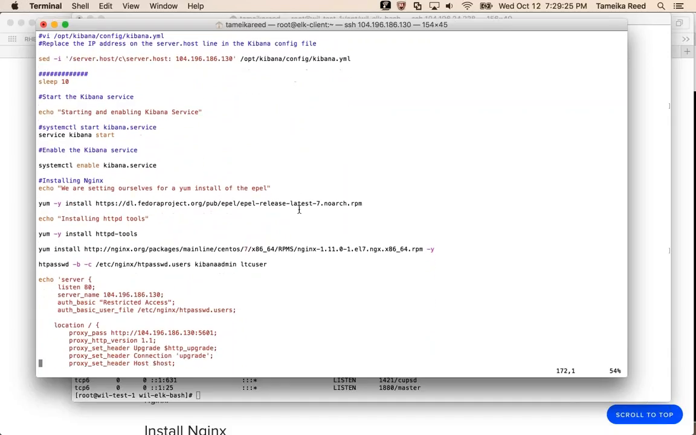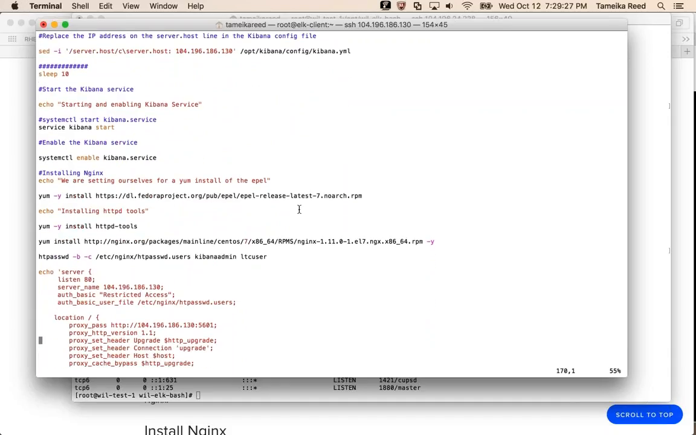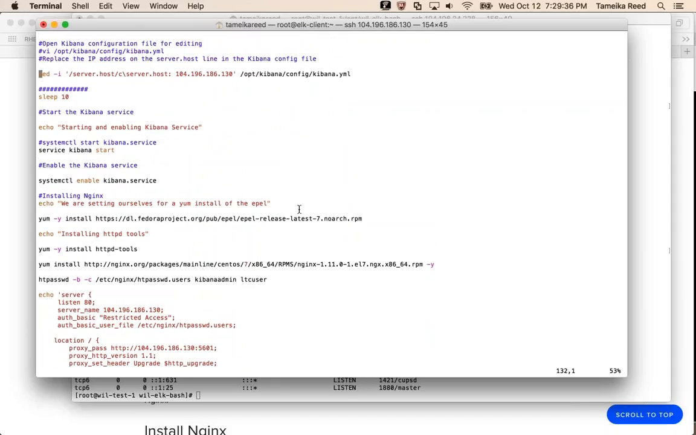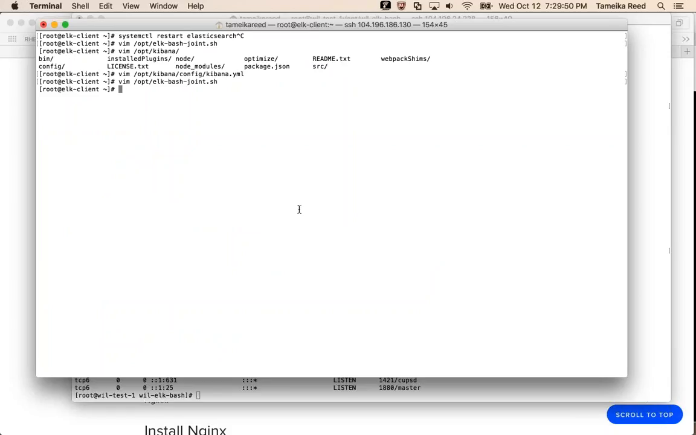You can see I put in Nginx stuff. No, that's Nginx. We need to go back up here. Okay, server host. So we can do the IP address or that. So let's run this. I'm going to manually change it